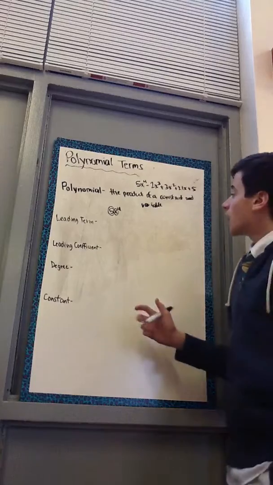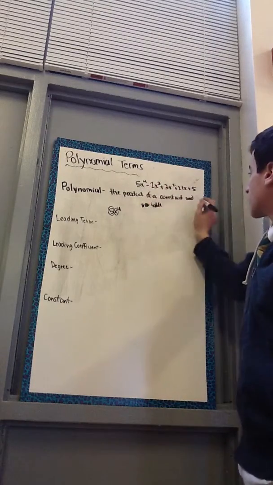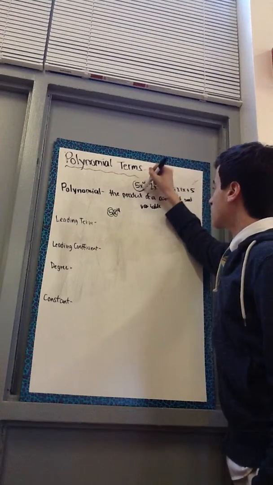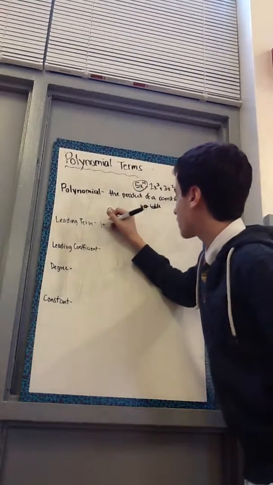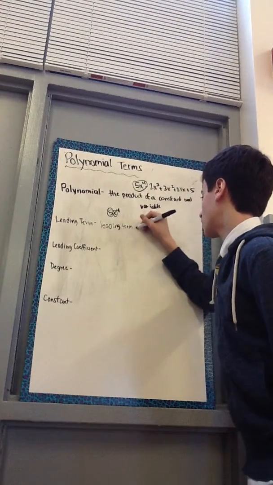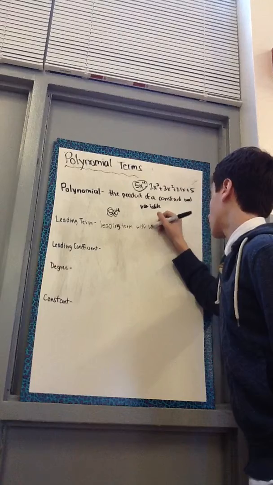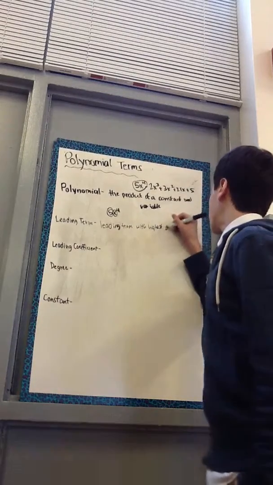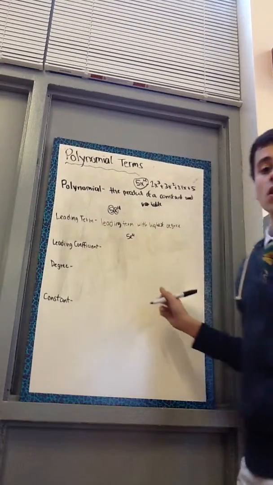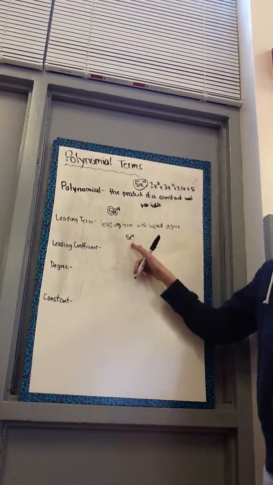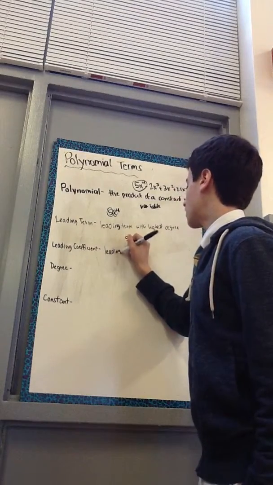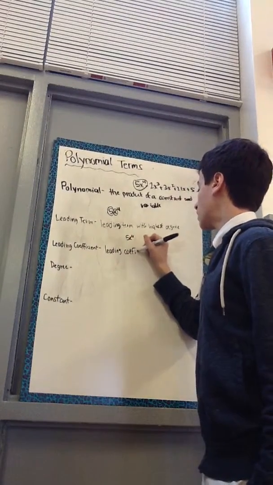Alright, now, a leading term in an equation like this is the highest number with a degree. So the leading term here is 5x to the fourth. And again, the example in this problem is 5x to the fourth. Now, leading coefficient is similar, but instead of using the whole term 5x to the fourth,